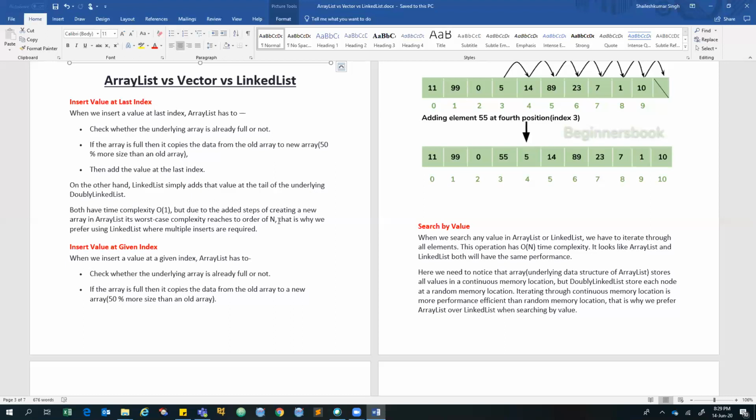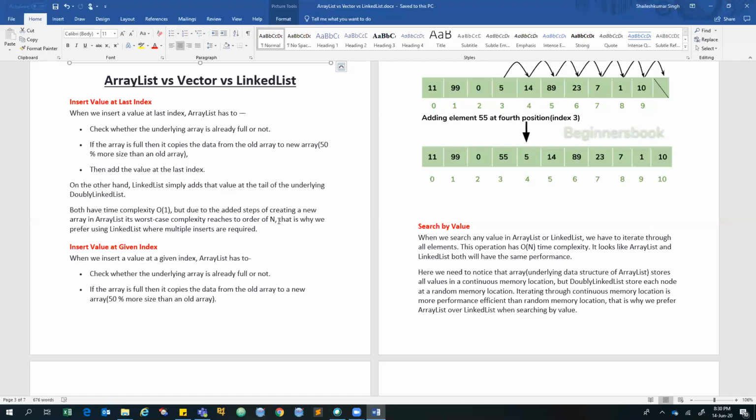Just to overcome this kind of disadvantage, array list has been introduced. Array list mostly comes in Java. This data structure belongs to Java. And what is array list? Array list, you can say, is a dynamic array. Dynamic array means it can grow according to need. It is not like you need to define its size at compile time. It will grow at runtime.